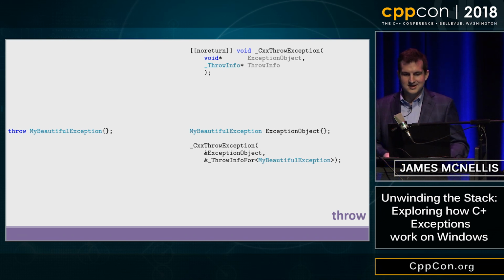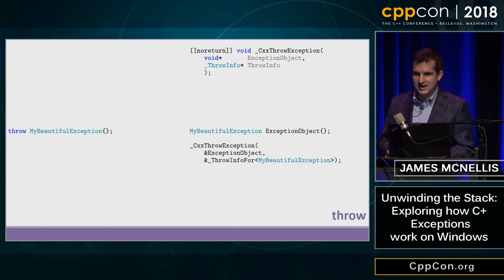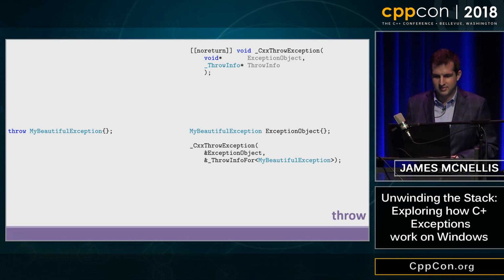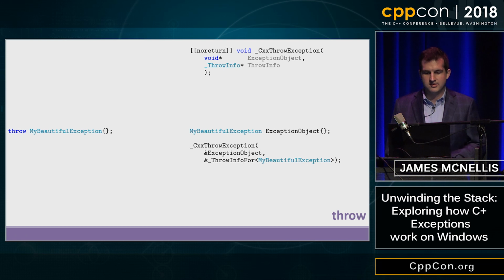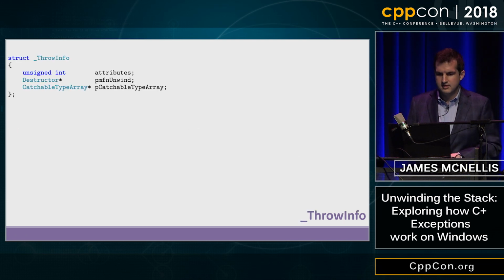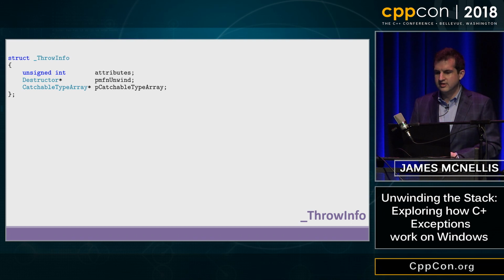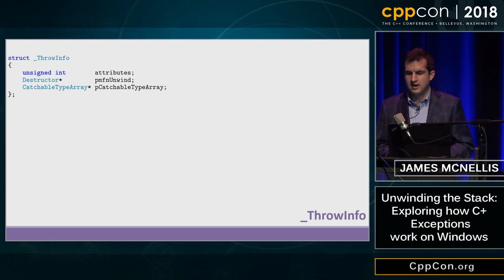locally on the stack. Now this is somewhat incorrect because it actually constructs a copy of the object that was passed to the throw expression. And then it calls CXXThrowException with that and with the appropriate metadata based on its type. The throw info consists of a few things. So it has a member that contains some flags called attributes here. It has a pointer to the destructor for the thrown type so that the object can be destroyed at the